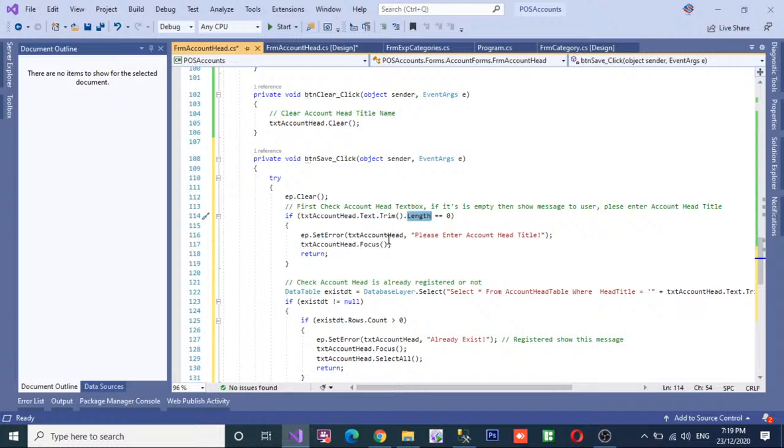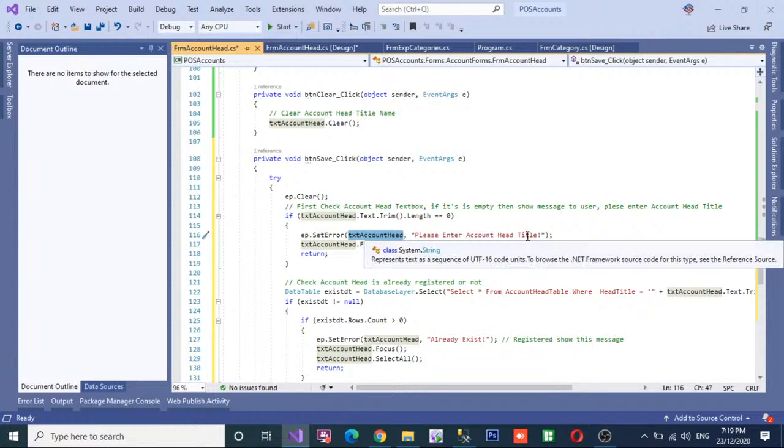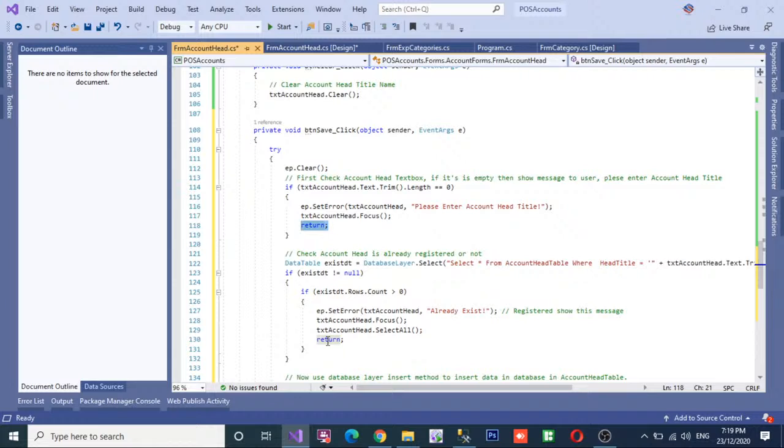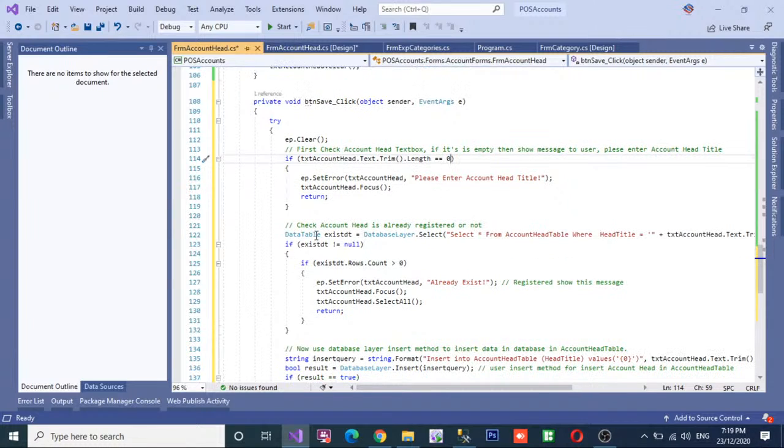So show the message near the txtAccountHead, please enter the account head title, and this is for the focus, txtAccountHead.Focus. And return means do not execute the below code. If this condition is false, means the length is greater than 0, it means the content in the text box is not empty, the account head title is not empty. Then